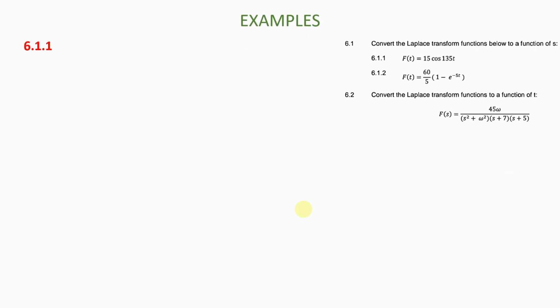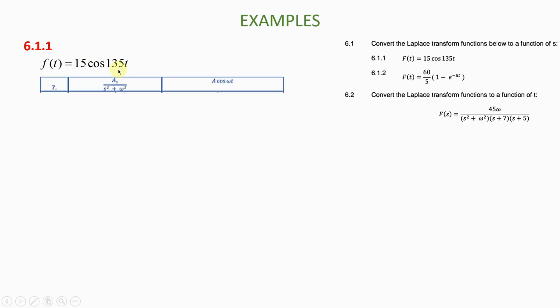And so let's do question 6.1.1. Okay, we have this function f(t), which is equal to 15 cos 135t. So now you need to go to the table and see if you can find a function that closely resembles this one. And so if you go there, you will see that in row 7, if you look at the function that you have in the time domain in row 7,